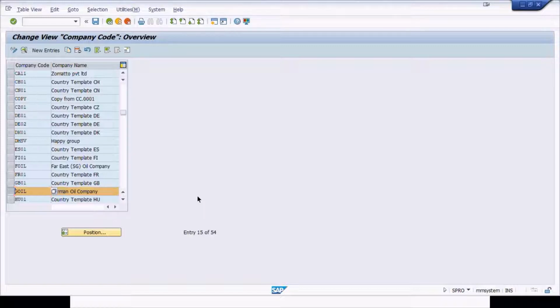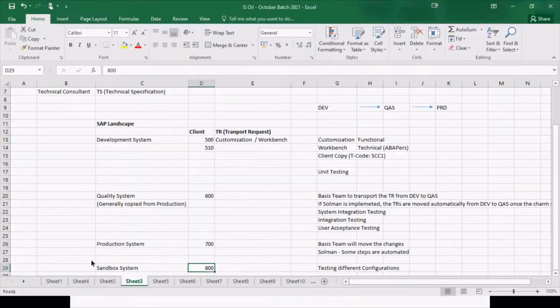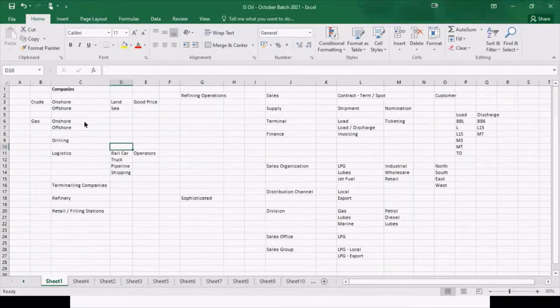When we discussed the oil and gas industry, we talked about onshore, offshore, drilling, logistics, terminaling companies, refinery, retail, and filling stations. The business activities are different for each of them. Onshore will do its business on land, offshore on the sea.